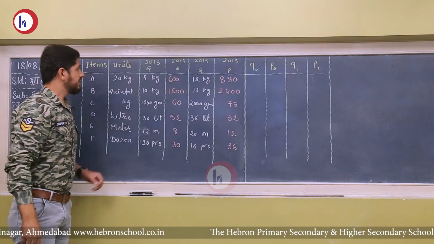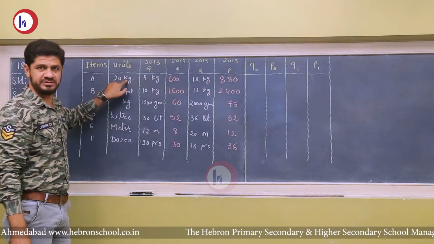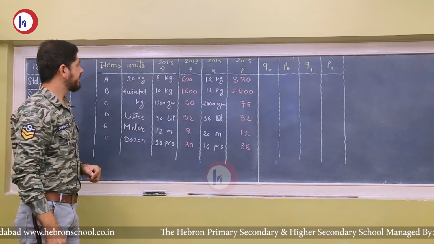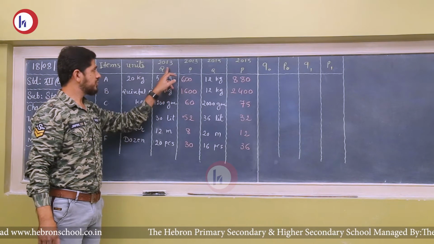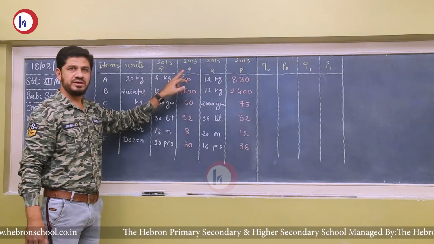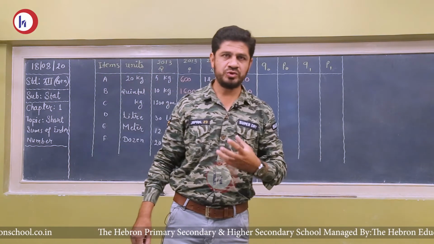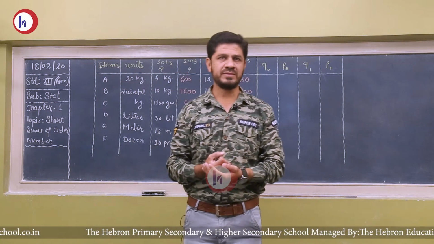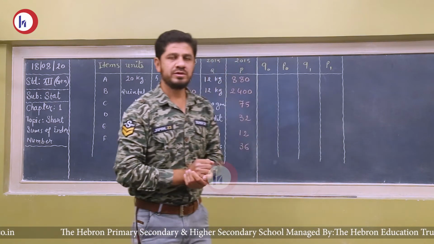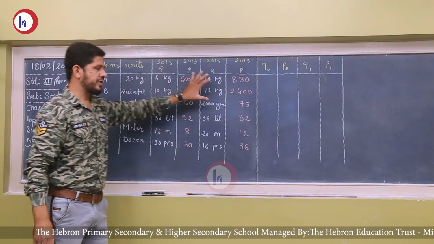Students, if the unit column is given and has units such as kg, liter, meter, dozen, quintal, and the unit is also given in the quantity column, we need to rectify the value. So we need not use the exact value that is given in the question, but instead we will rectify the value and then we will do the further calculation. So first of all, we need to rectify all these values.